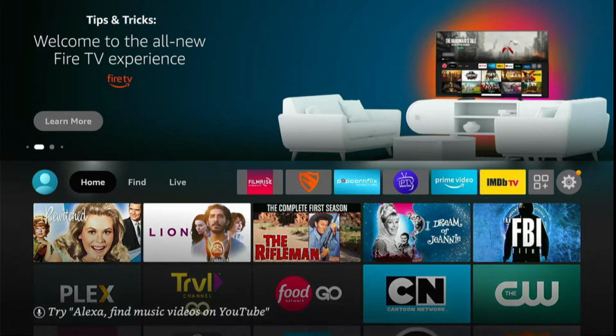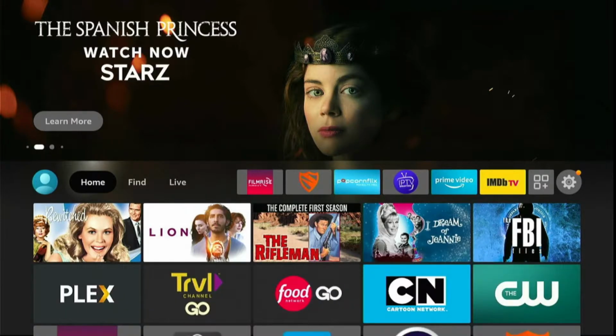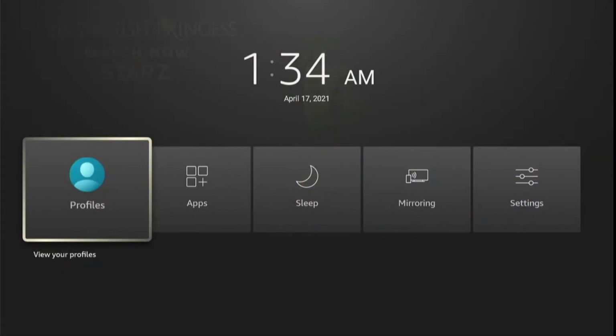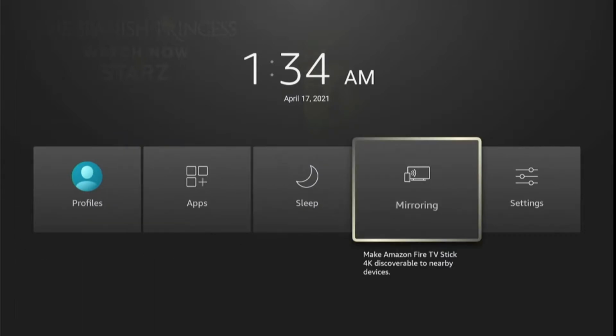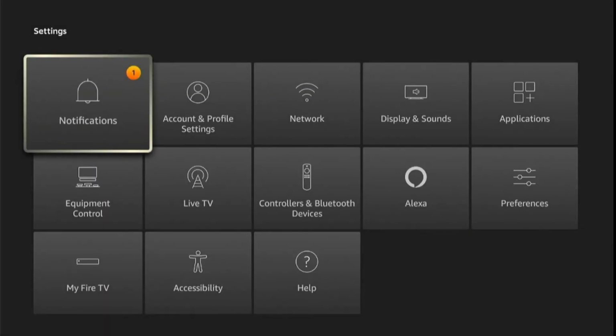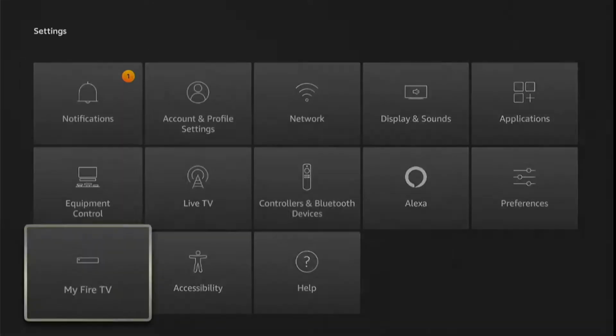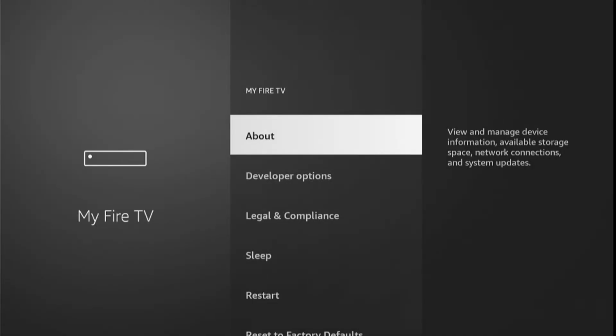So first of all, you need to hold the remote home button for a few seconds, and here you will find 5 options. So hold to settings and press the remote select button. Once you enter the settings, slide down and click on My Fire TV. Scroll down and open developer options,